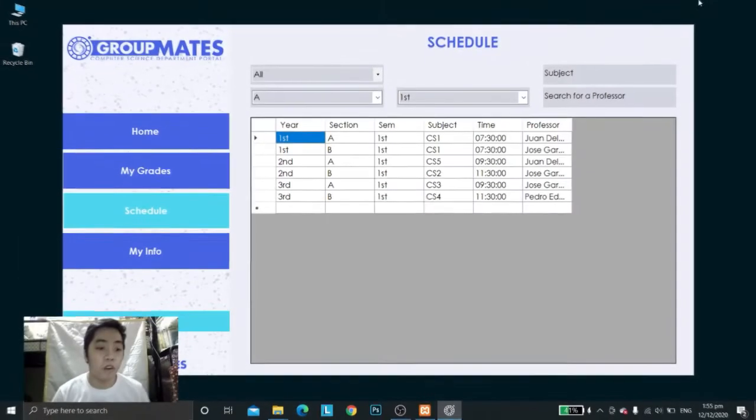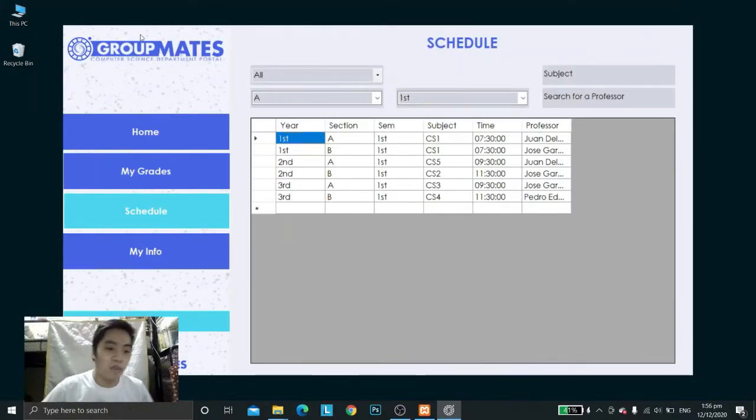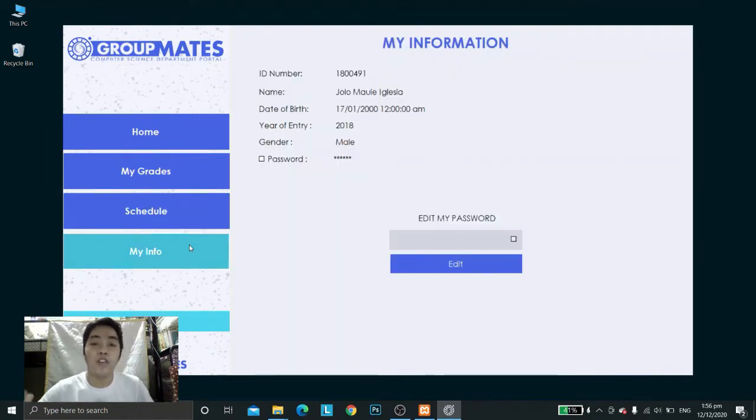So let's go now to the My Info tab. For the My Info tab, we will see all the information that we registered before we log in. So we will see our own unique student ID number, our full name, Jolo Mauie Iglesia, then our date of birth,